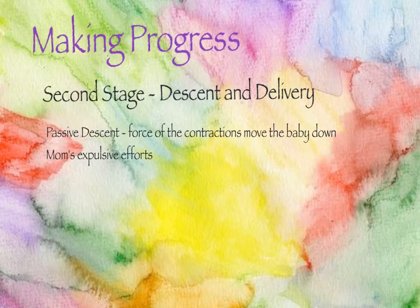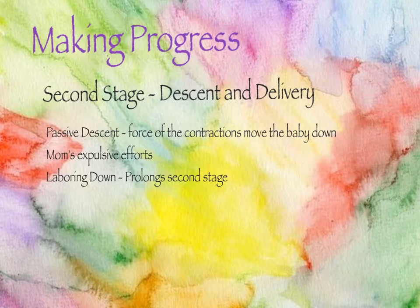Okay, now the literature is really talking a lot about the use of passive descent. We call it laboring down. And for a mom who is fully dilated but feels no urge to push because the baby is still pretty high in the pelvis, laboring down is great. It prolongs second stage because it's going to take the uterus a lot longer to work without mom's help. However, the actual pushing time is reduced,